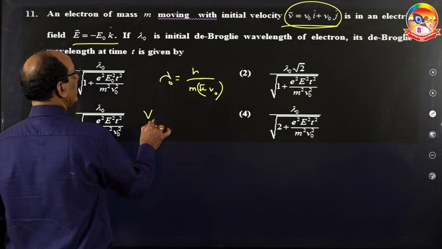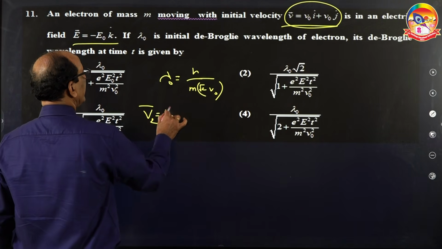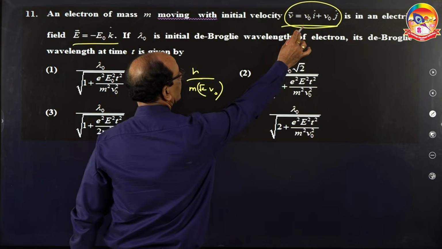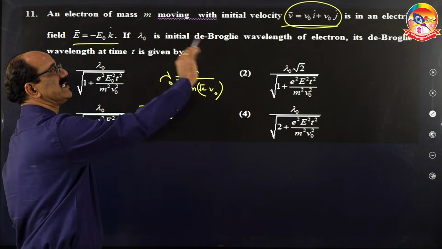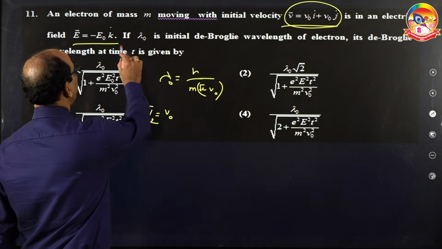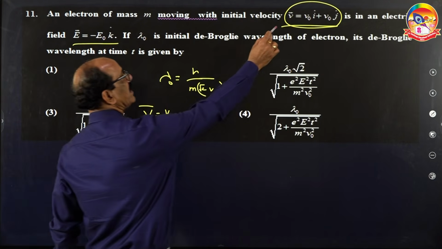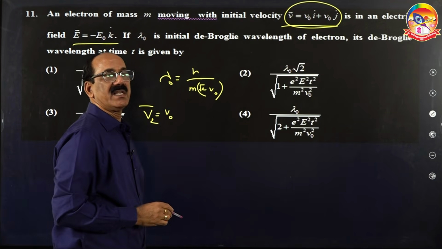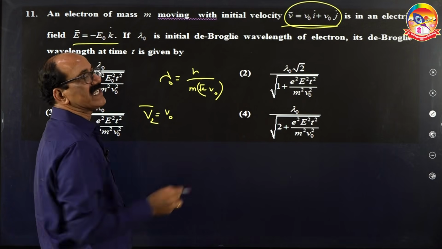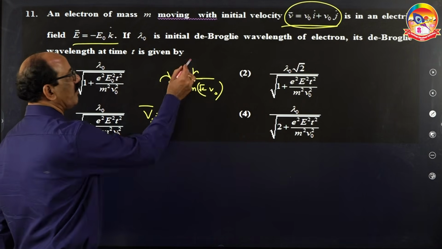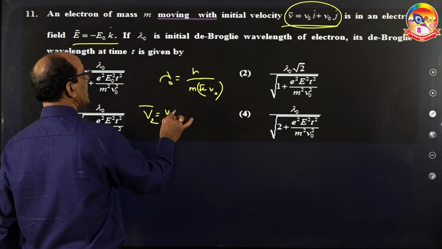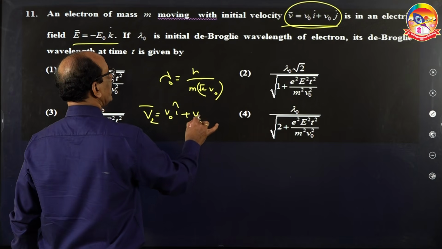The initial velocity is not affected because the electric field is acting only along k cap, along the z axis. The initial velocity has components along the x axis as well as the y axis. Therefore, that remains as it is, v naught i cap plus v naught j cap